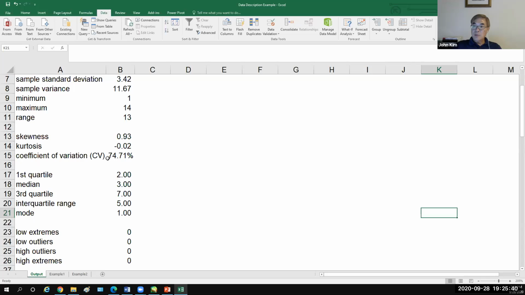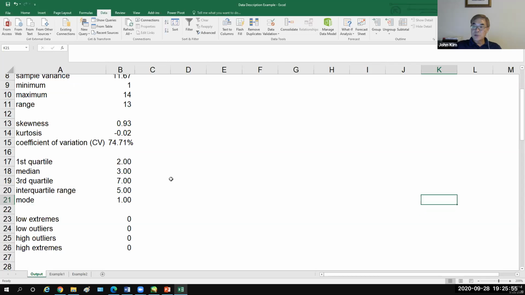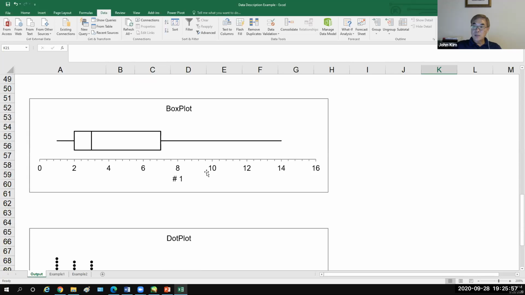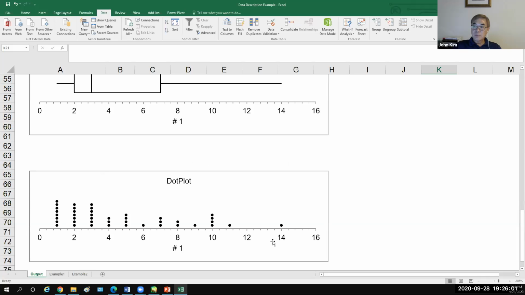So the 5 numbers are minimum, first, second, third quartile, and then maximum. Using these 5 numbers, we can draw a box plot like this,